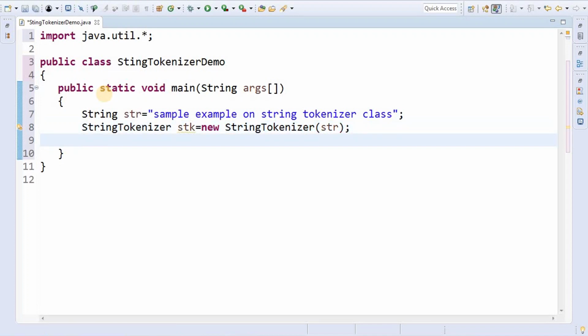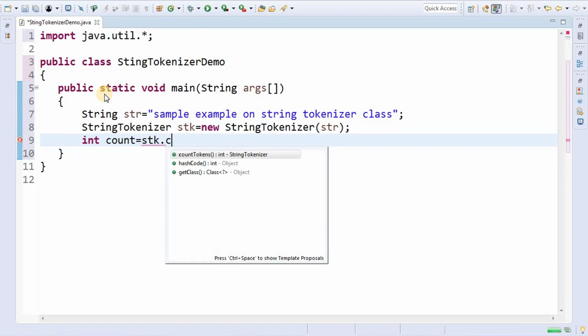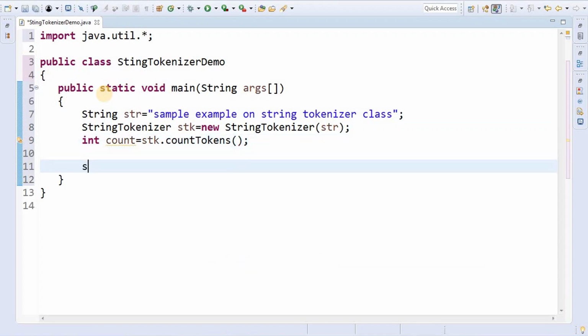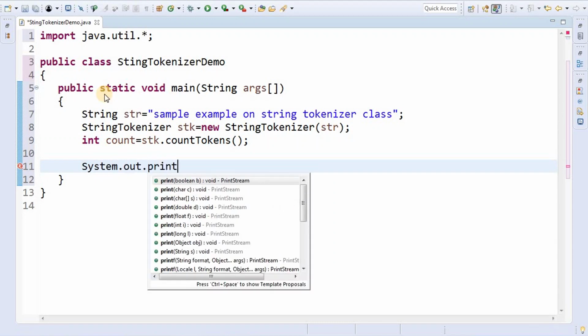Now I want to count the tokens. For that, int count equals to stk dot countTokens. It is used for counting the tokens. Now I will print how many tokens are available. For that one, I am using System.out.println